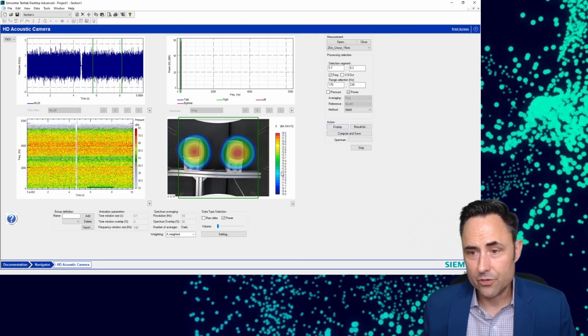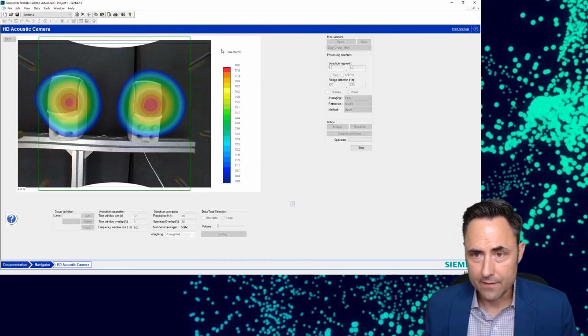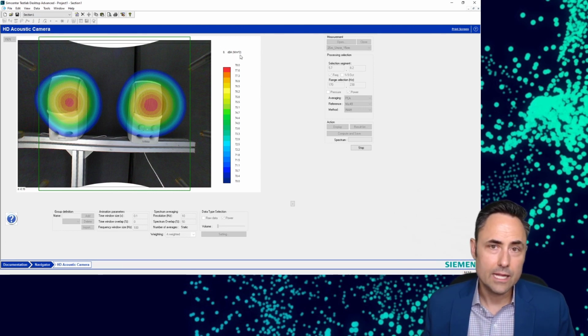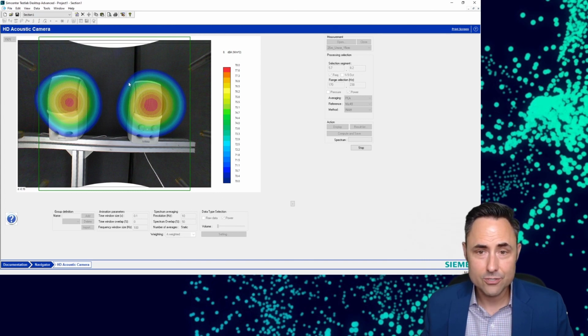In addition, if you're keenly aware of what's going on on the screen here, you see that these units are watts per meter squared. The holography algorithm actually produces a back-propagated intensity, where the beamforming does a back-propagated pressure. And because I have intensity, I can also do some of that sound power calculation.